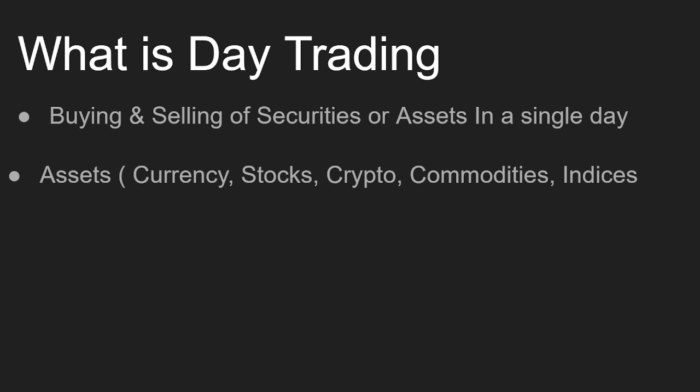Crypto, right? That's a big popular one now. We have Bitcoin and all the other cryptocurrencies and meme coins and stuff like that is a type of asset. Then you have commodities. Well, what are commodities? Commodities are things like different, like corn, soy, oil. You have gold, silver, copper, lots of the metals, you know, and different things like that. You have coffee. These are all different types of commodities.